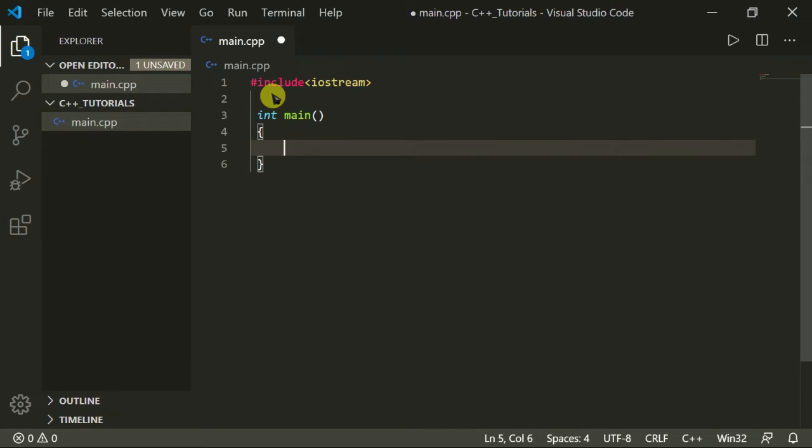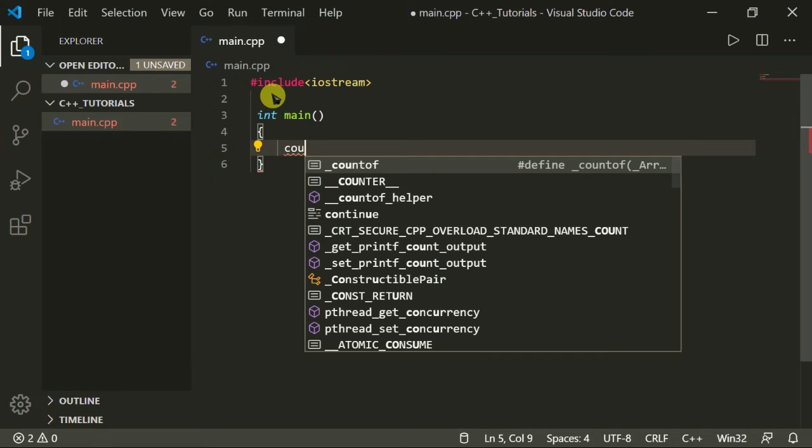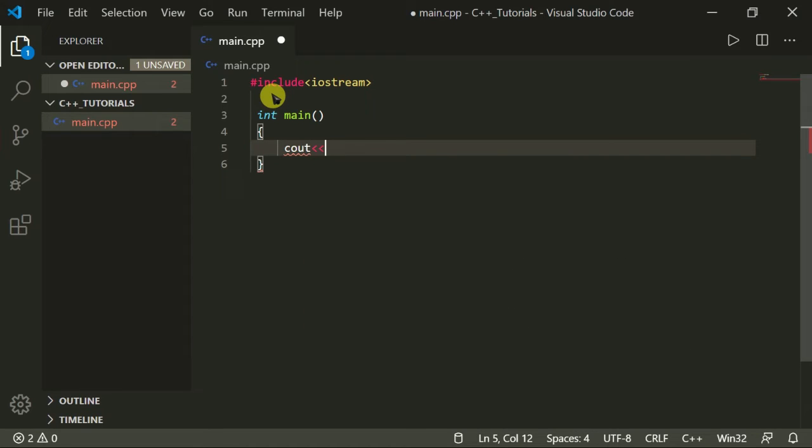and here we will print out our text or any word on the output screen. In C++ we use the cout function, cout, and these less than symbols, and whatever you type between them, I will type hello world, after that semicolon.